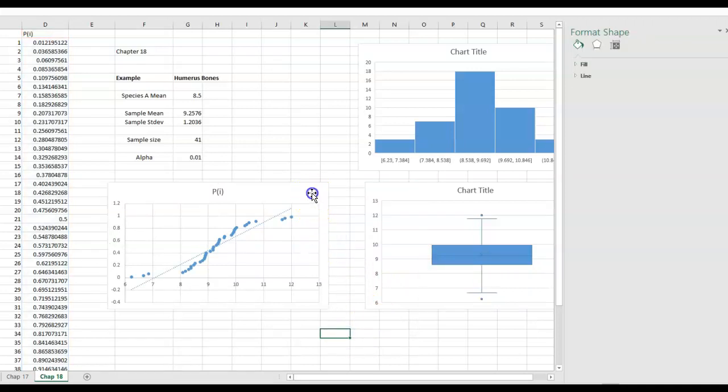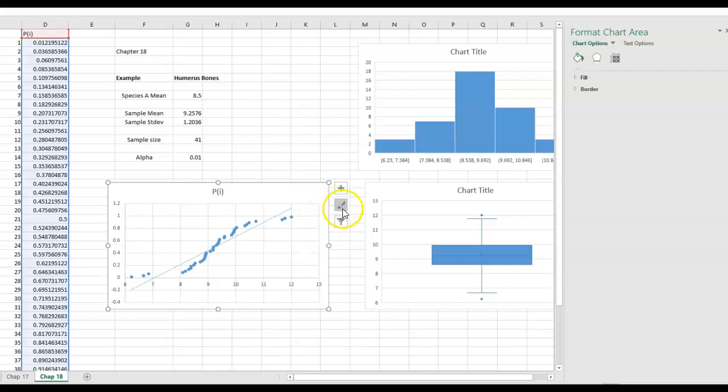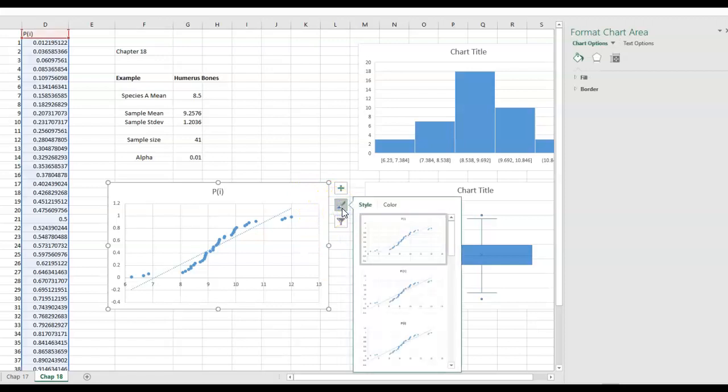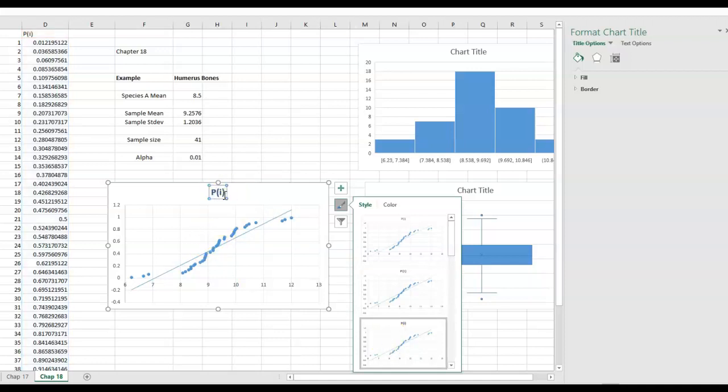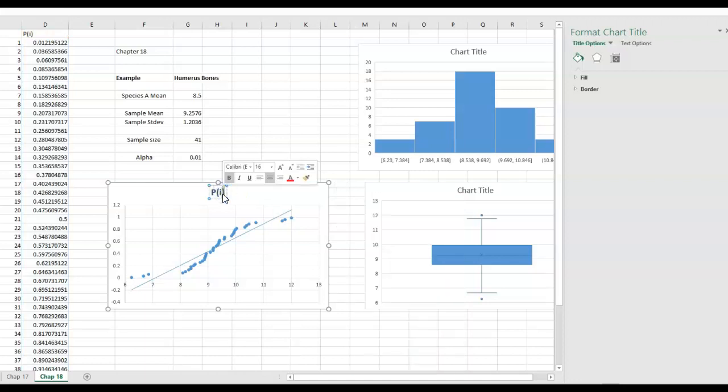If you want to change the style of this graph, we can get this one. And then we change the title to probability plot